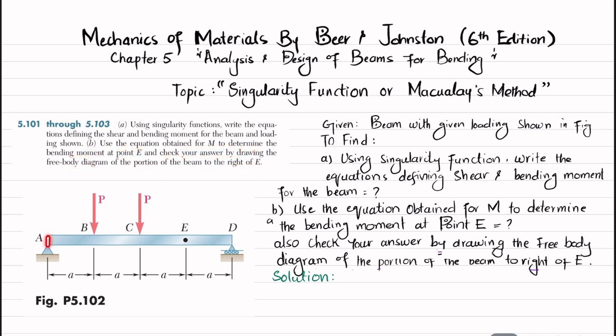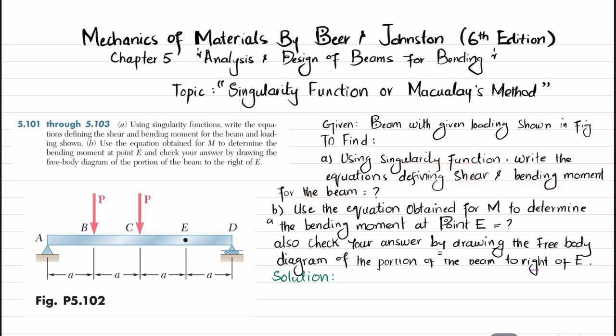So you can see this is the beam, a simply supported beam that is having pin support at A and roller support at point D. At point B we have a point load, and at point C we have another point load that is having magnitude P. So by using singularity function, we have to write the shear and bending moment equation for the beam,